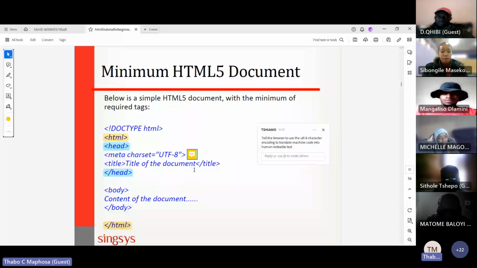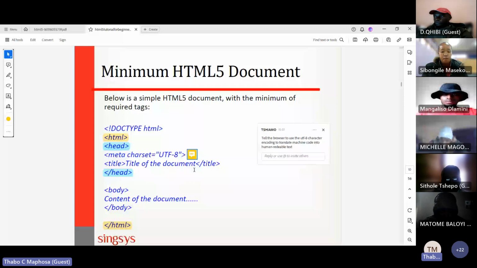But before it sends it back to you, it has to convert that into a language that you understand, which is basically English or French, or whatever language the system is set on. That is what happens there. And the character code that we use right now is UTF-8.